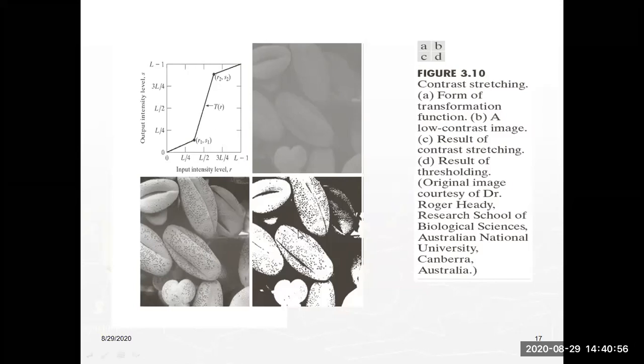But in the last case, that is the result image D, what happens? Simply the white pixels become more white, the black pixels become more black, and the area which is not having the image is completely black. So this is the difference between contrast stretching and thresholding transformation. Contrast stretching, intensity transformation; thresholding, intensity transformation.